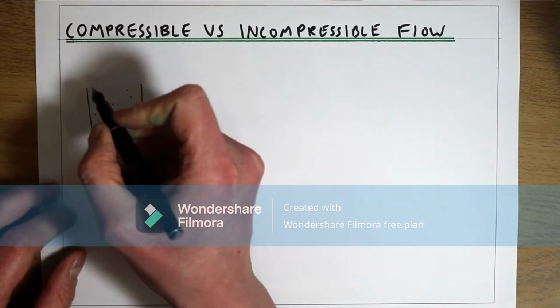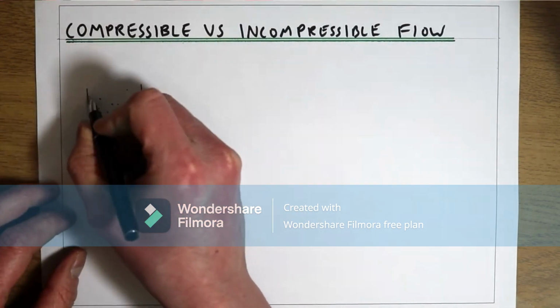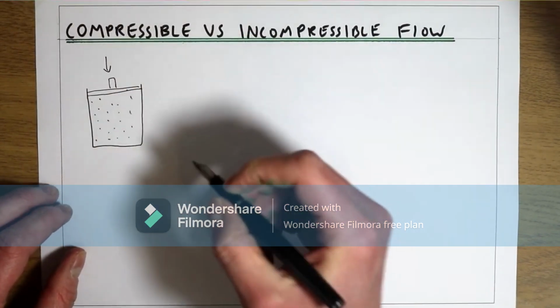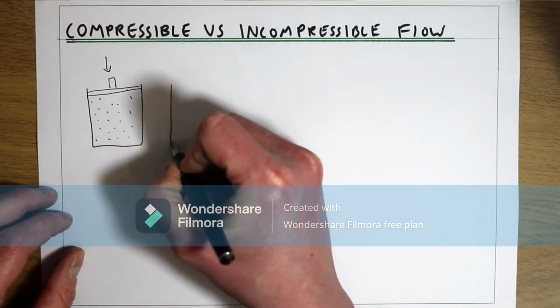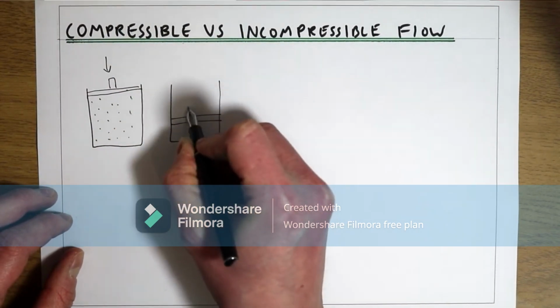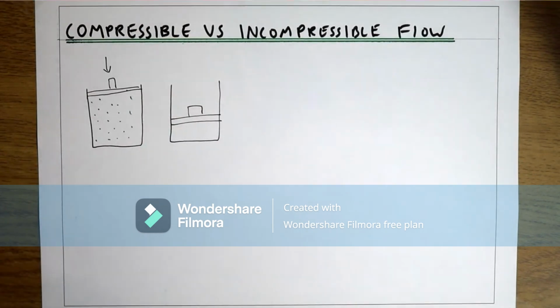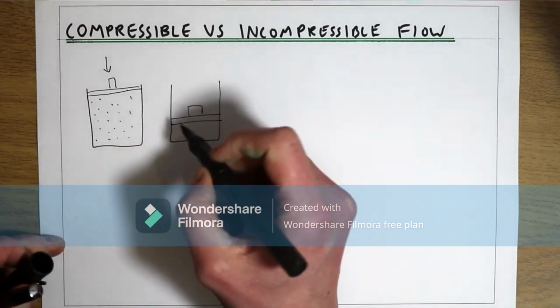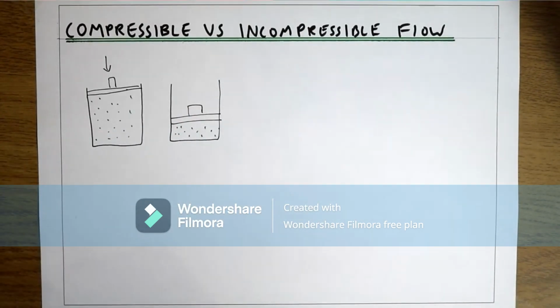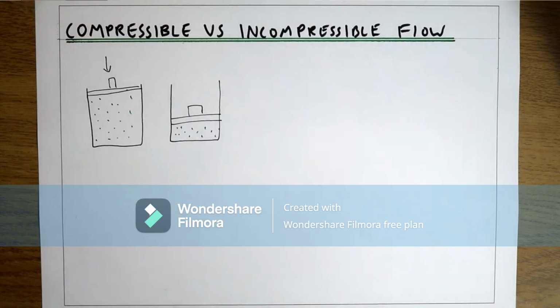So if we put a piston on top of that container and we try to push it down, what we could actually do is compress that fluid. So what that means is, for a compressible fluid, the density and the volume can change if you apply a